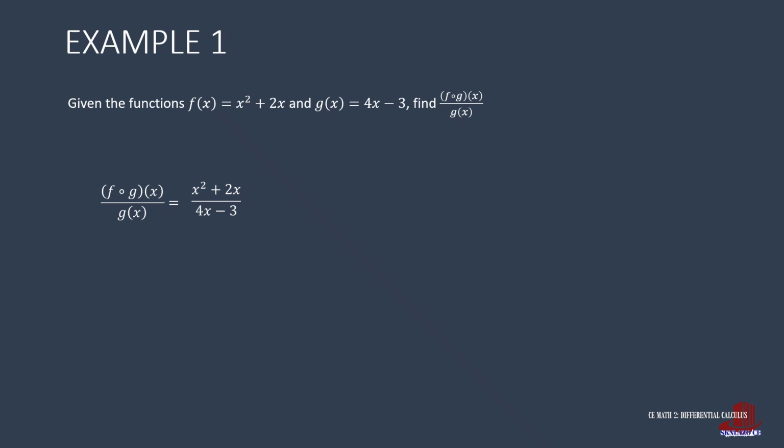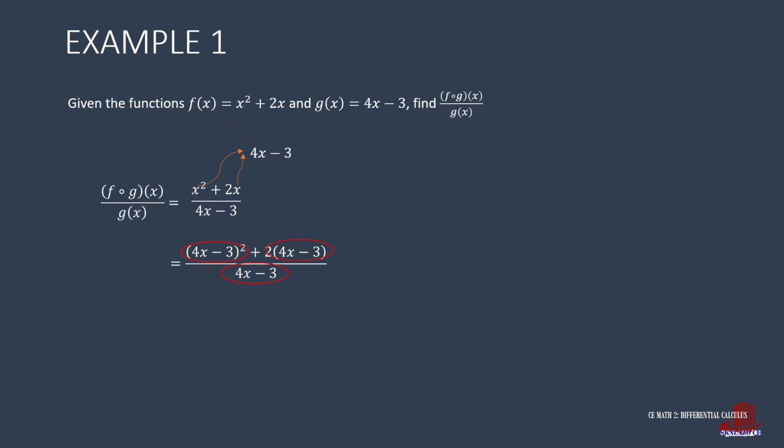From this rational function, all x variables are to be substituted by g of x, which is known to be 4x minus 3. So now, the quotient turns into the square of 4x minus 3 plus twice of 4x less 3, then everything's divided by 4x minus 3. At this point, don't be too hasty to simplify the numerator. Observe that there is a binomial found in every term.